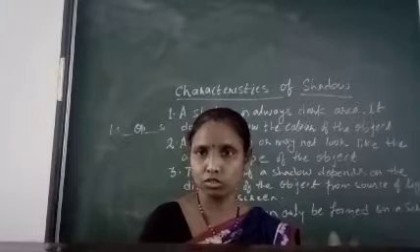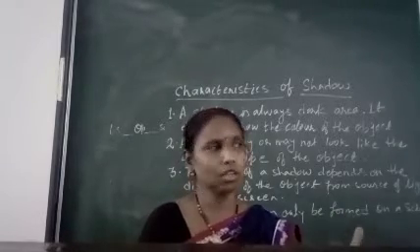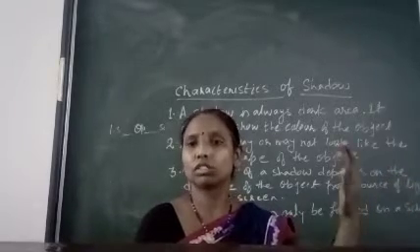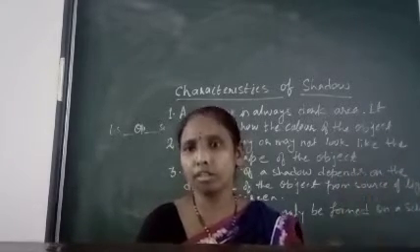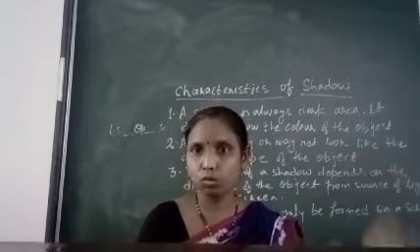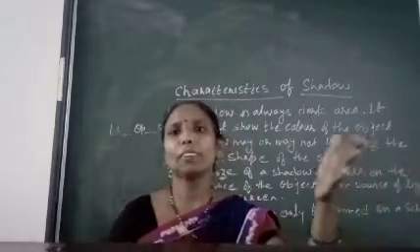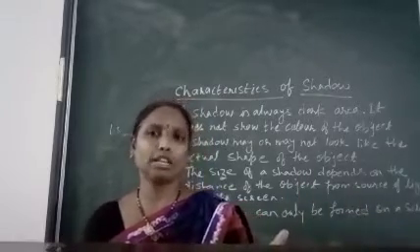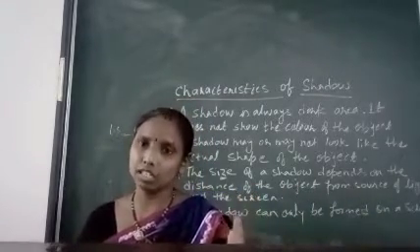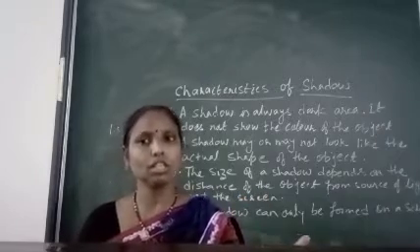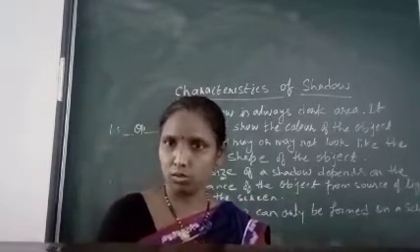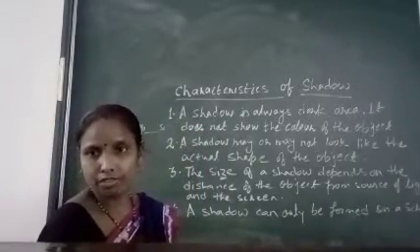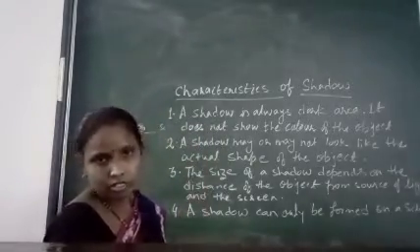Is that clear to you? Shadow you will not be able to see. Why? Because there is no screen. No screen to create the shadow; even if it is forming, where will it fall, where will we see it, who will block the light and show that darkness? No one is there. So it is very important that there must be a screen behind the opaque object so that we can see the shadow. Okay, so these are the 4 characteristics which you can find whenever a shadow is created.